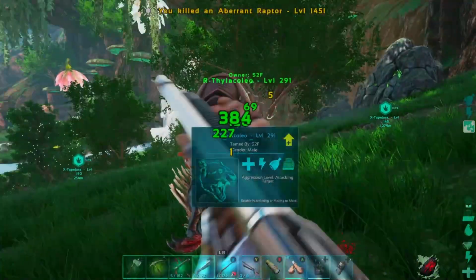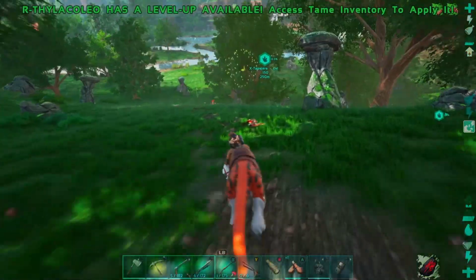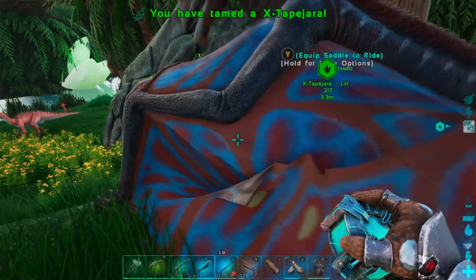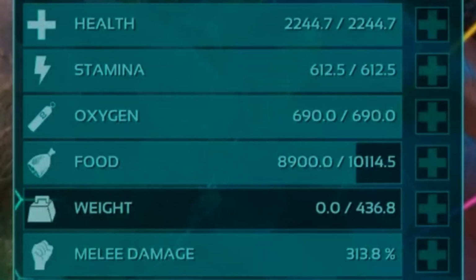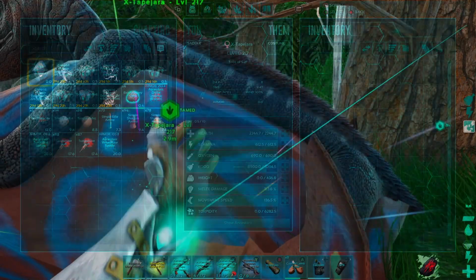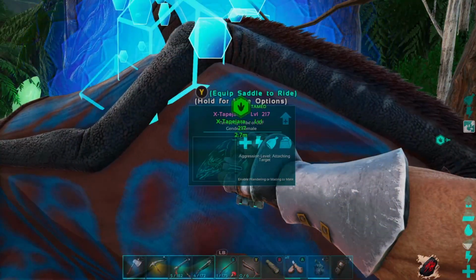I missed. There we go. Oh my God. And it was a 145. And it is ours, the 145 Tapejara, looking at 2244 in health, 612 stam, 436 weight, and 313 melee. Not too shabby there. We'll have to see how the 150 turns out, but I'm going to, of course, do